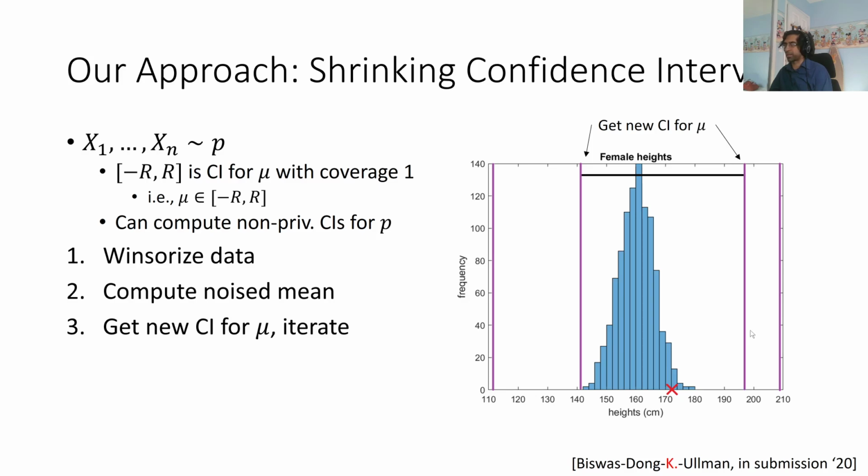We're going to Winsorize the data and compute a new noisy mean, which we can see now after the second step is somewhat closer to the true mean. And we can just repeat, draw up new purple bars based on the new confidence interval and maybe get something even more accurate, and so on. Good. So that's the idea and a sketch, and that's pretty much it. Let's talk a bit more technical and get a little bit more precise for specific settings.